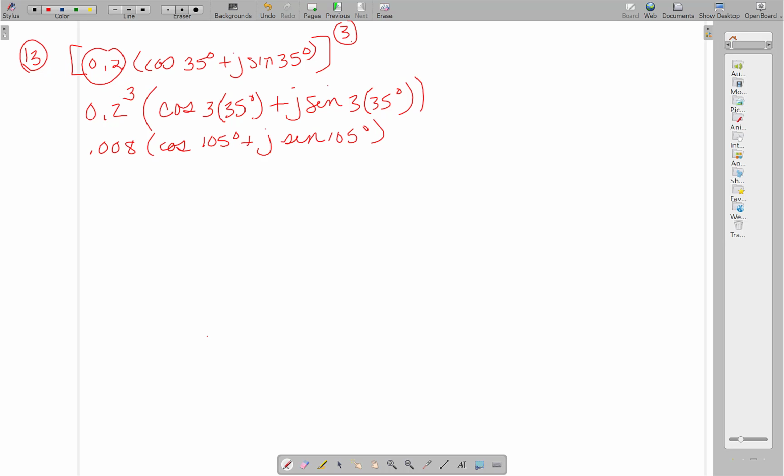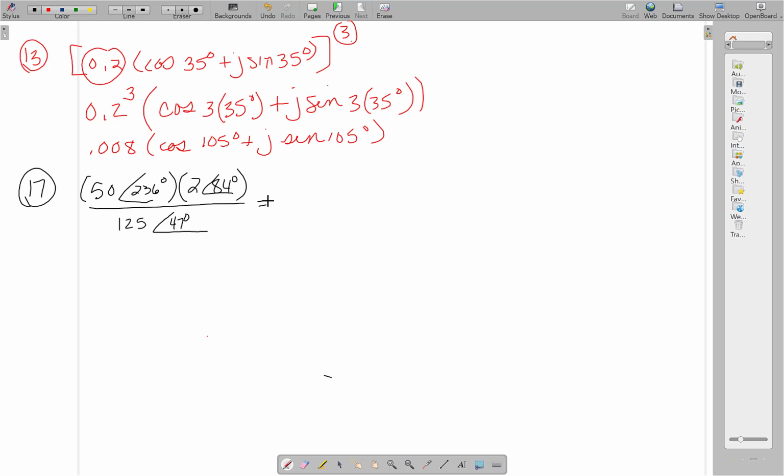17 states this: 50, and then your angle sine, 236 degrees, times 2, and then your angle sine, 84 degrees, divided by 125, and then your angle sine of 47 degrees. So we have a mixed problem here. So we start very simply by taking, let's do the multiplication on the top. So we take our 50 times 2, and then in our angle sign we would have,